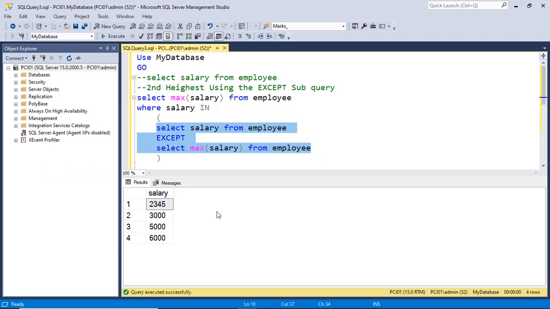Now this result set having the max value 6000 is passed to the main query where we are finding out the max salary, that is 6000. So this is how we can calculate the second highest salary using the except operator.